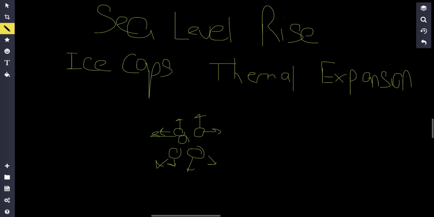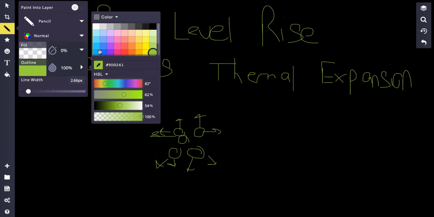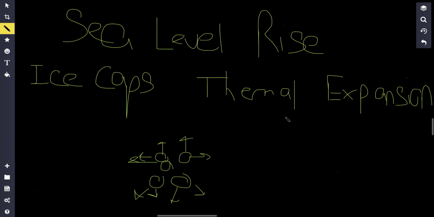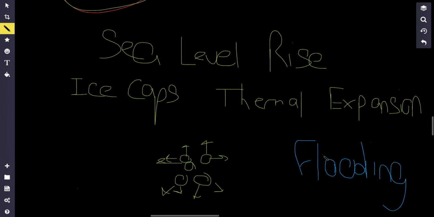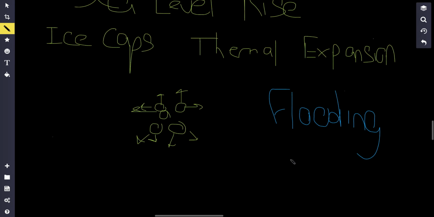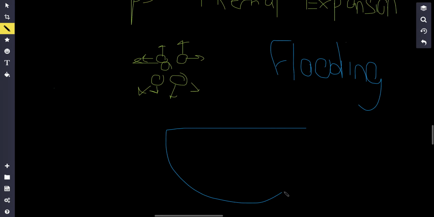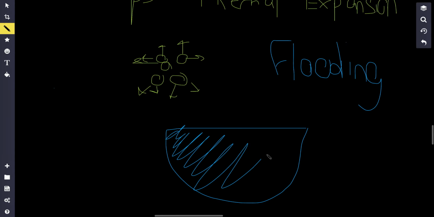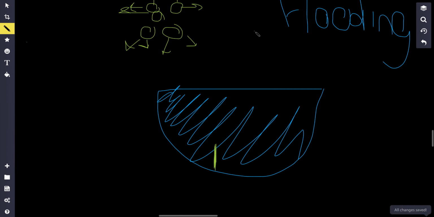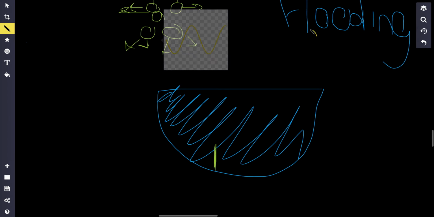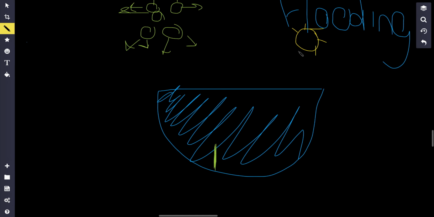sea level rise. Now, why is sea level rise bad? You can think about it like this. So one thing, the most obvious thing is flooding. Right? That's bad for humans, right? People might die. But another thing it can cause is, let's say you have this lake right over here, all right? And let's say that there are plants at the bottom of the lake. Plants, remember, they require photosynthesis, right? They need photosynthesis, which is when they take the energy from the sun and convert it into glucose, which they use for energy.